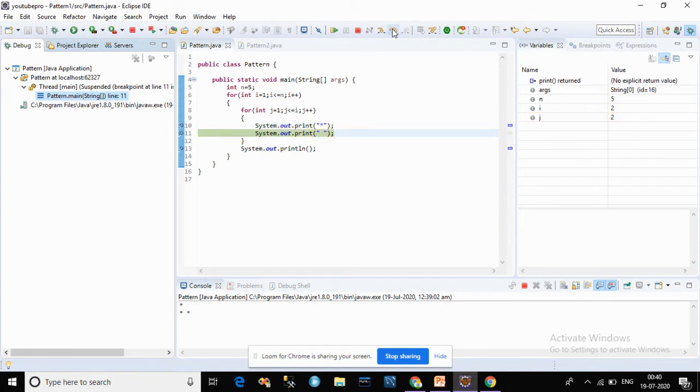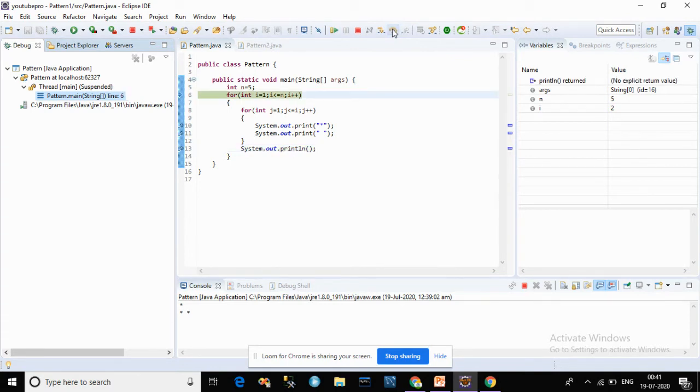Then it prints star again and makes the space here, and again checks the condition. Now it is outside the loop because i is right now at position 2 but j is 3, so it is outside the loop.